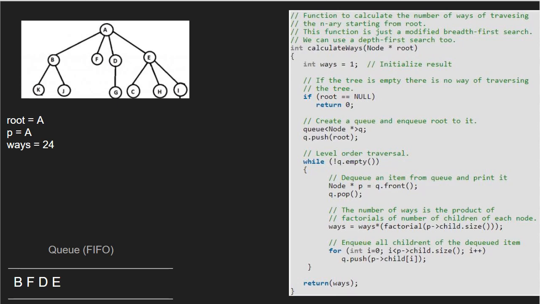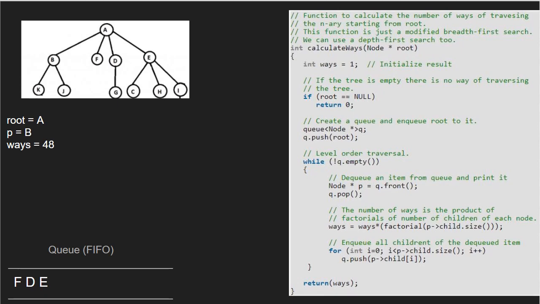Now, P will point to B and B will be dequeued. Again, we call the factorial function with the number of children of node B passed as parameter. As node B has 2 children, factorial 2 is 2 and hence we update ways to ways into 2.